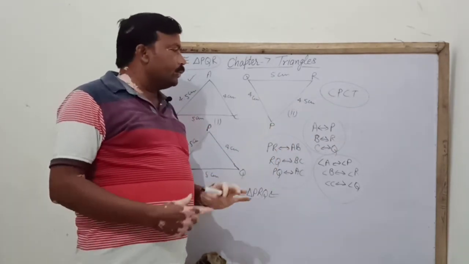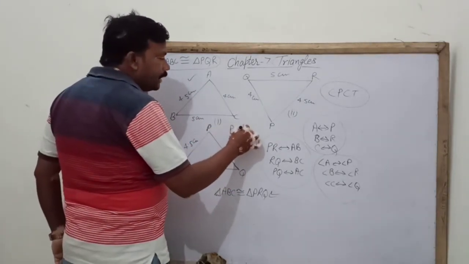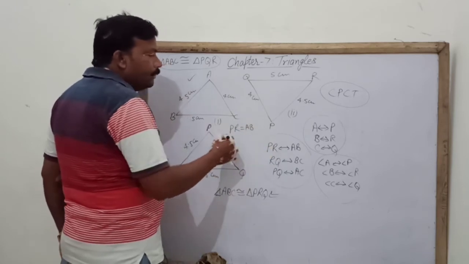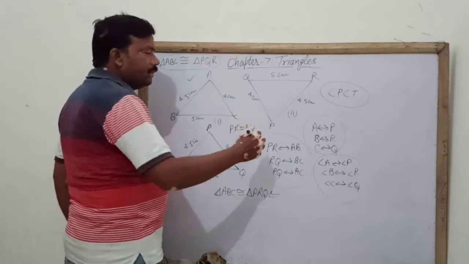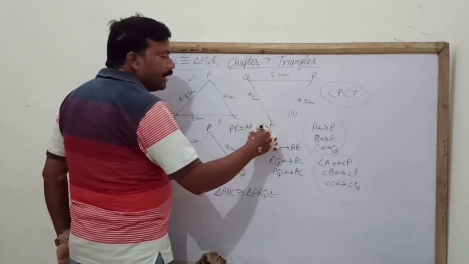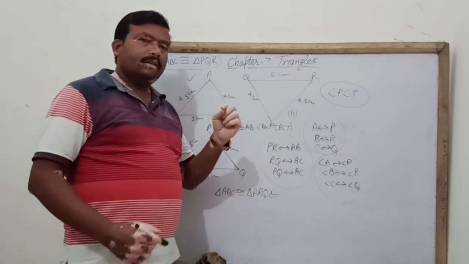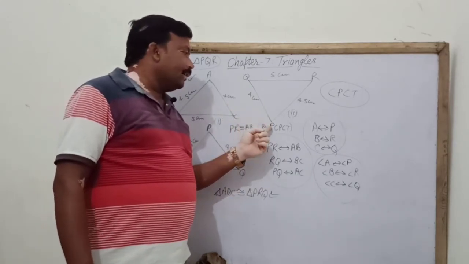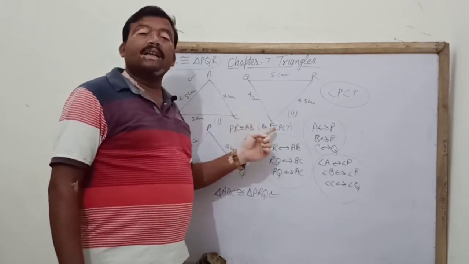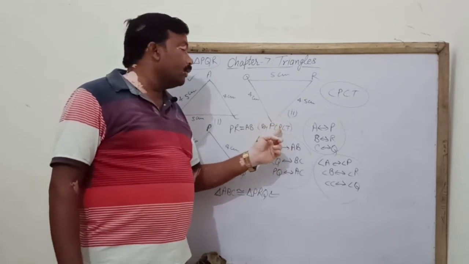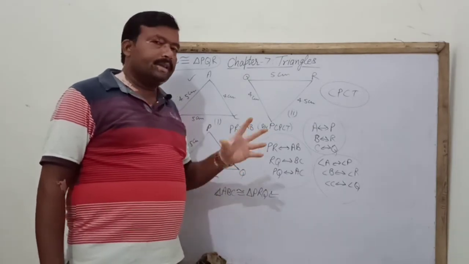When we equate these two in our numericals, if we write that PR is equal to AB, we will not write any lengthy statement. Here in brackets we will write by CPCT. You will recall, what is CPCT? The corresponding parts of congruent triangles. This is the full form of it.